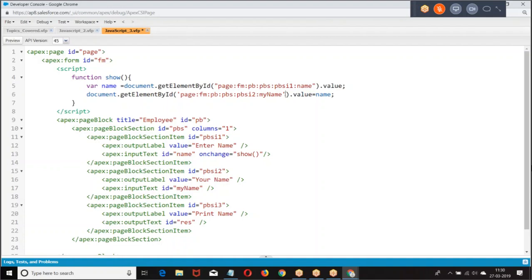Whatever the name you got in the above step, that name we are assigning to the element. Page, form, page block section, item 2.